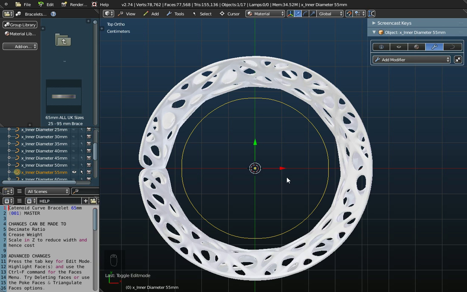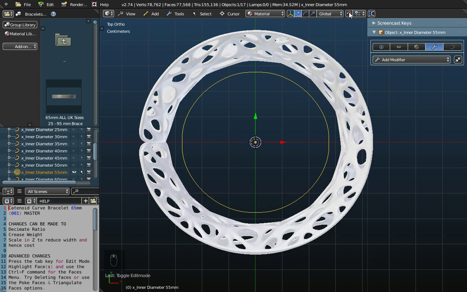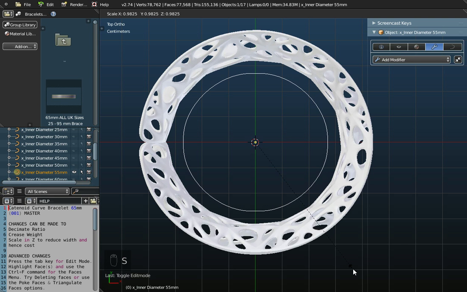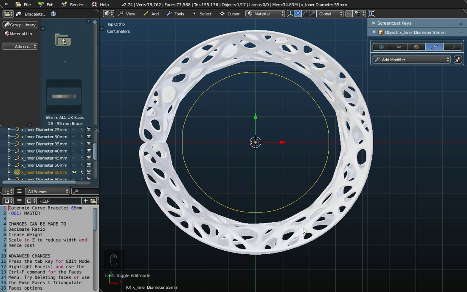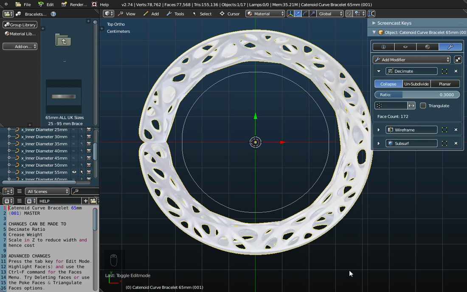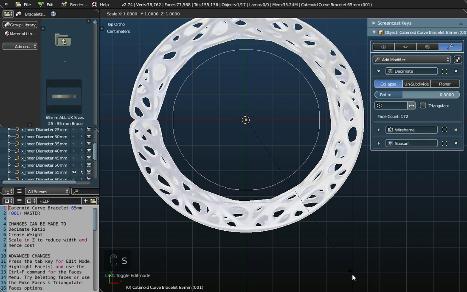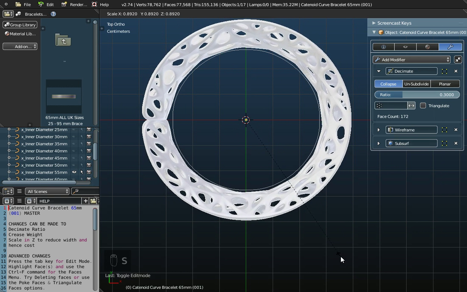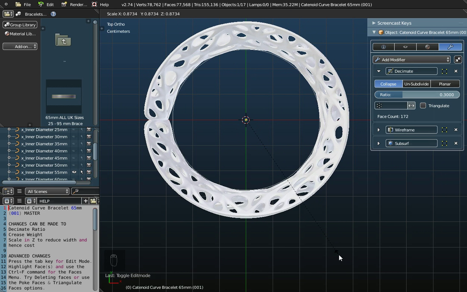Now if we go to view and top view, so if we want to change the size of the inner diameter of this catenoid curve, what we need to do is we need to scale it down. Now at the moment the snap is on, and so if I just switch the snap off for a second and just point my mouse down towards the bottom right of the screen there, if I press S on the keyboard for scale, oops, I've got the inner diameter itself selected and not the curve. So yeah, I need to highlight the bracelet itself and then S on the keyboard and just bring it in until it's just about touching the